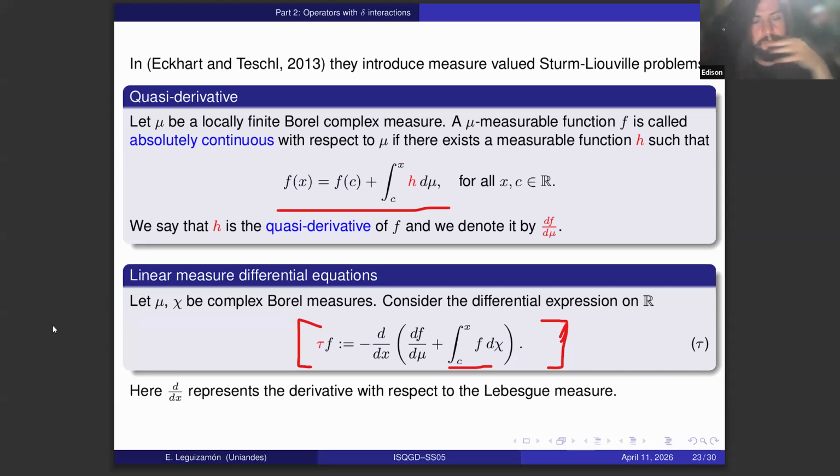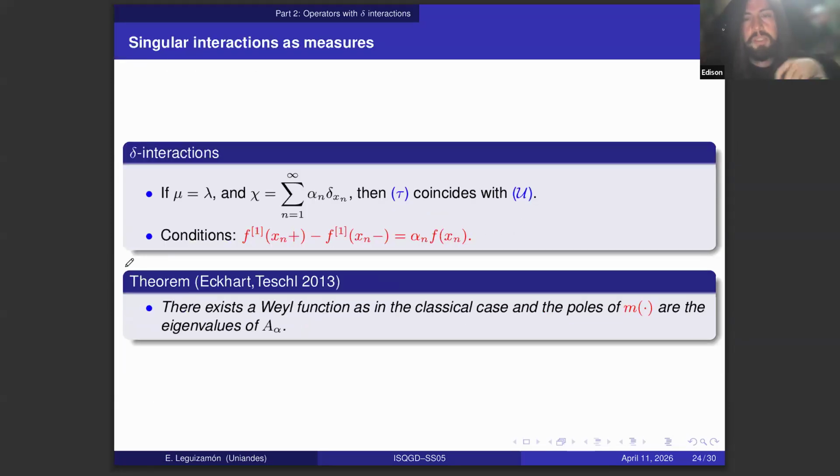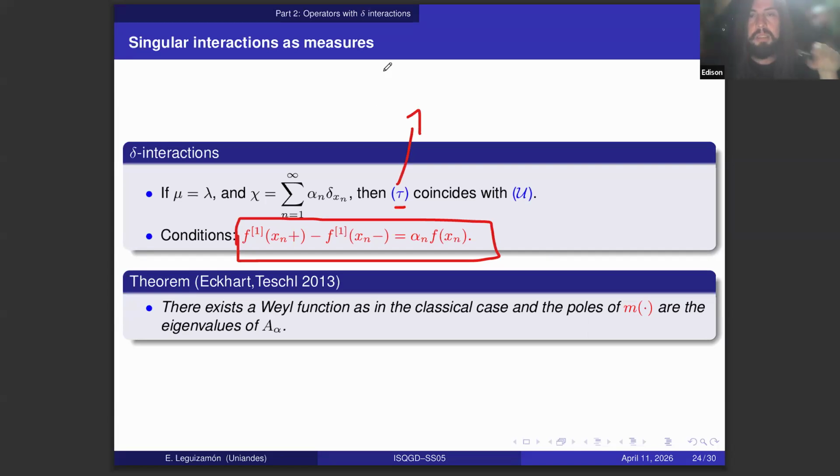And if we put the delta measures in this chi, we obtain the conditions of the delta interactions, as you can see. So they developed all the classical Sturm Liouville theory. For this differential expression tau, the same happens as in the classical case, we have